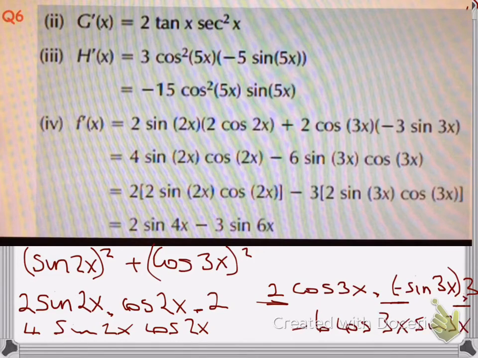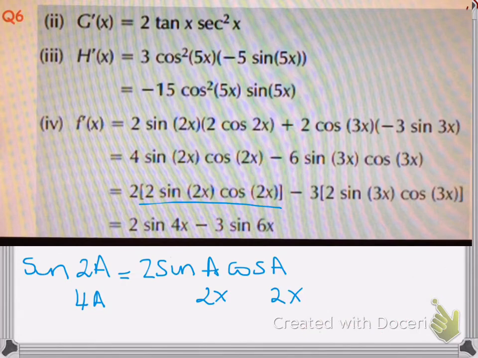Okay, so that's this line here. Then they factored out 2, it was common to both, and they got 2 sine 2x cos 2x minus 3 by 2 sine 3x cos 3x. And then if you notice down in the last line,